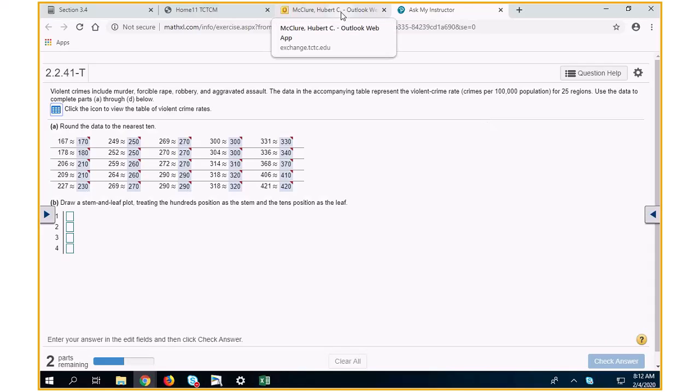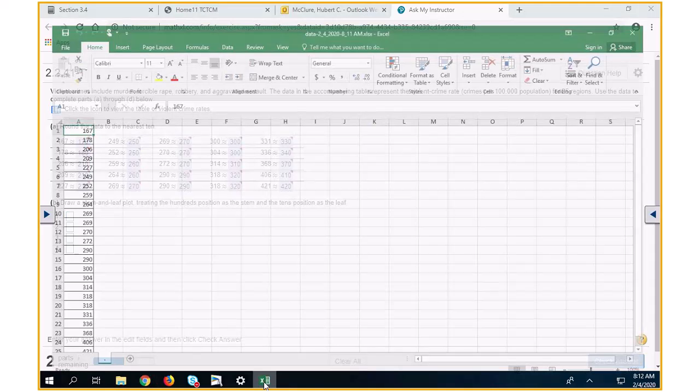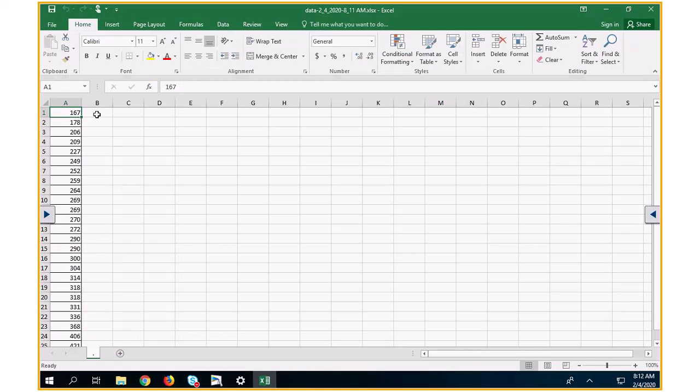Okay, I don't want to insult anybody's intelligence, but they want you to round each one. So we're going to round each one. This is not a Hubert test question. All right, so that's going to be 170,